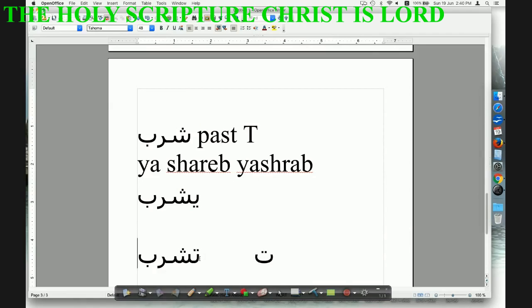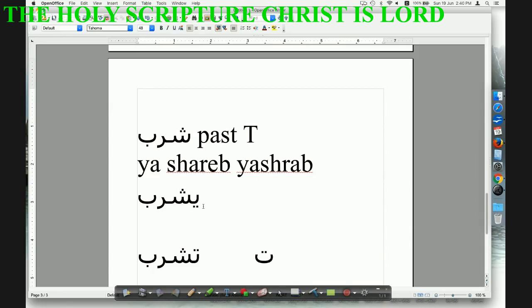However, the ta can be used even if we are describing a male sometimes. But in the case of a male, always when we use the ya in the beginning, we are describing an action of a male. The reason I'm saying يشرب is because this is the plain rule. I did not say a man, I did not say a girl, I did not say anything. I'm just describing the verb itself,